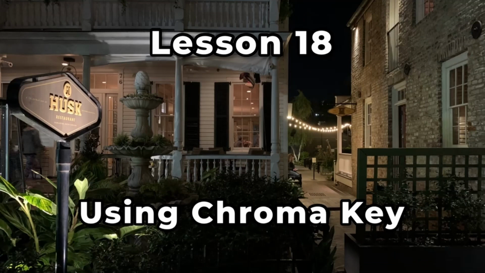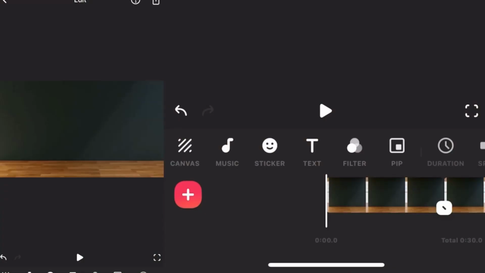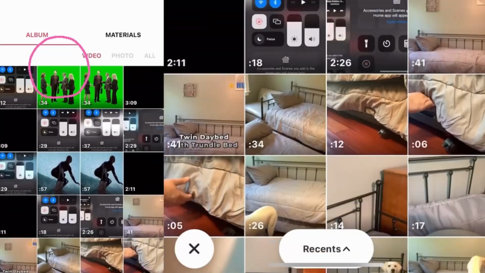Hi everybody, this is lesson 18, using Chroma key, otherwise known as green screen. This technique does take a little finesse, but it is used so often in almost everything we watch. I'm going to start with picture in picture,